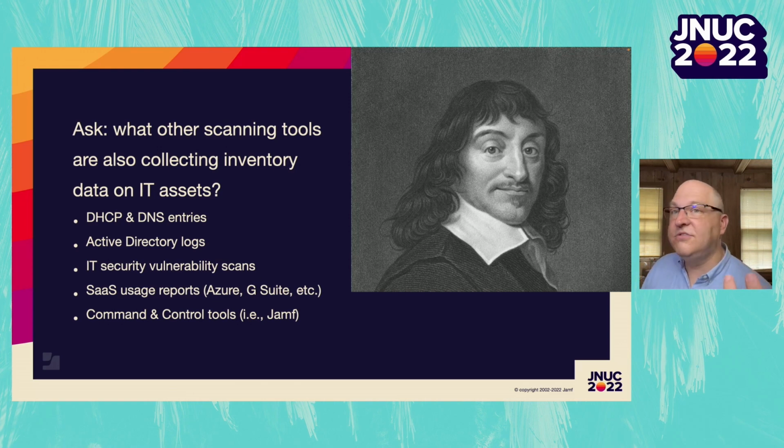So think about it. What other tools are there out there that you could take data from Jamf and rub it up against and say, yeah, these are in agreement. They're operating inside the same environment. Well, what about your DNS entries, your IP addresses? You're taking, for your scans, a series of IP ranges, sending out a note, and the Jamf agent is supposed to ping back and say, yep, here I am. Right? And if it doesn't, but you know something's out there, wake up that agent or redeploy it.